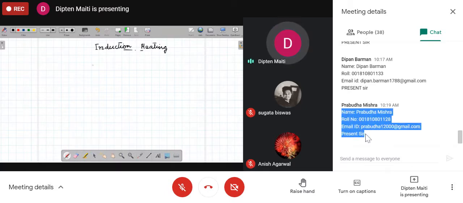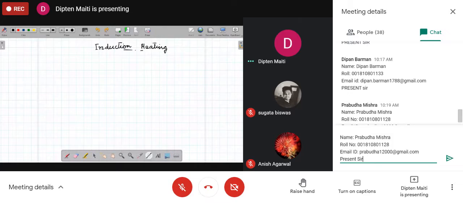So in induction heating, we can, let's say, consider this is a portion of a metal structure, and over there we would put another winding,